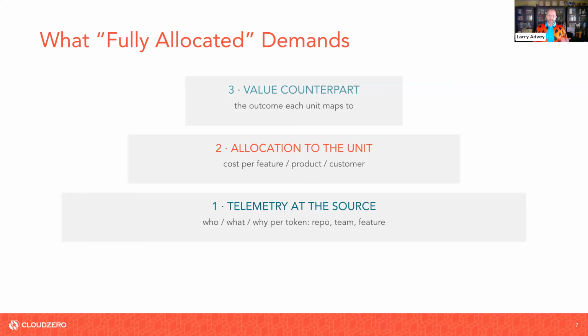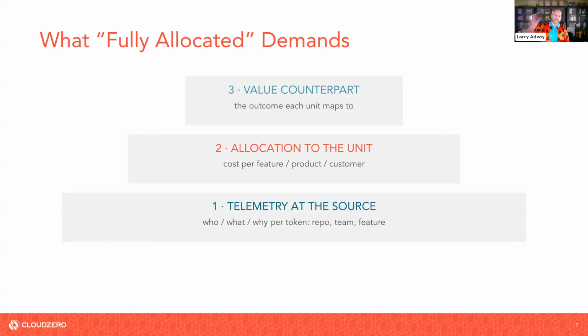And then lastly is the value. So once you understand the cost per this or the cost per that, the value per item, then you get to really dive into and truly understand, not only for you, for others across your company and your business and your teams, the outcome that each unit maps to. Is it revenue based? Again, that's a good indicator, but it's really delayed from a lagging perspective. But there are other things that happen much sooner.